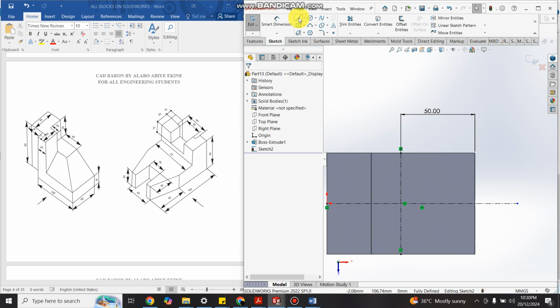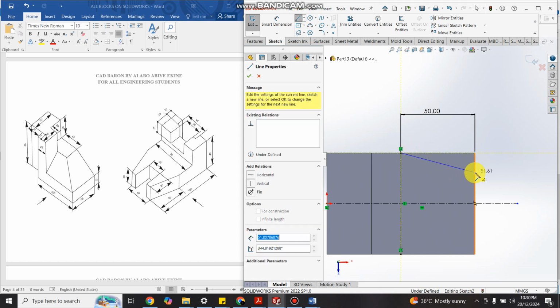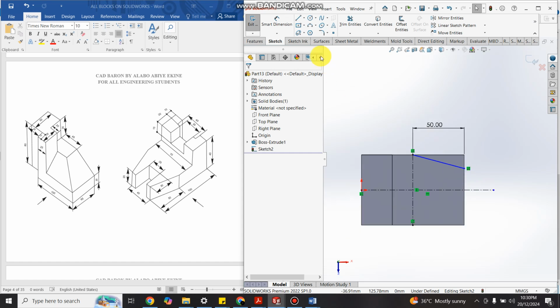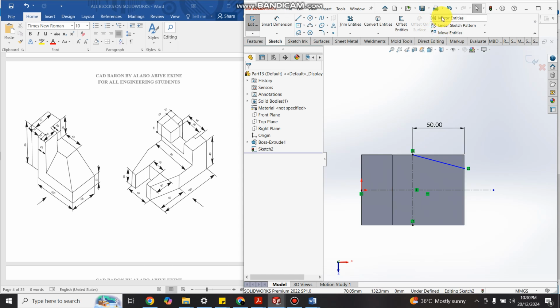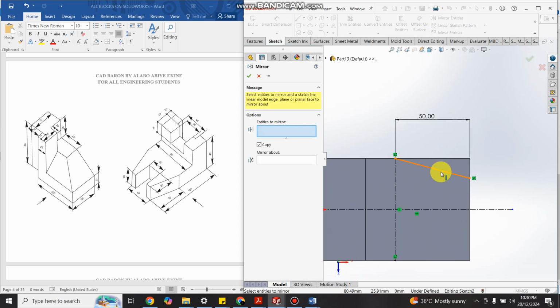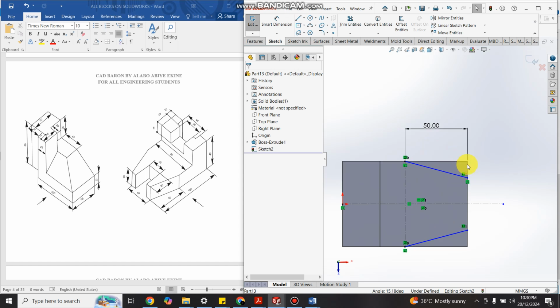So then I'll do this because the cutout came from the 50 line. I'll do this one. I'll come here. Or I can still decide to mirror it. Or to make the work easy, mirror. I'll click here, mirror about, click here. Now the distance between the two lines,